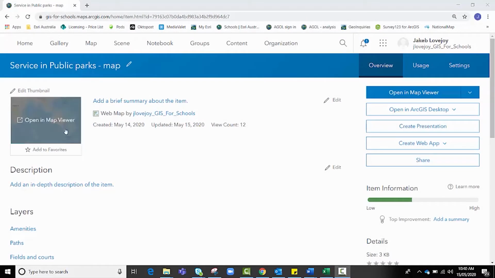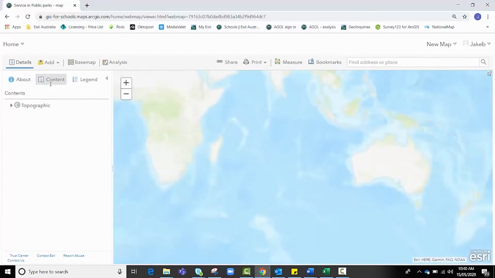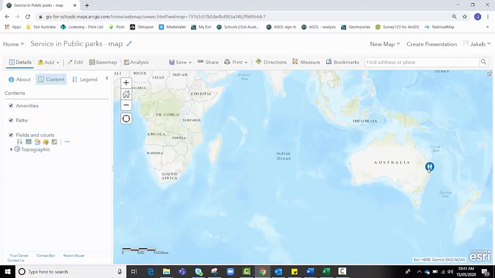From the Item page, we simply just want to open in Map Viewer, and it will take us to an ArcGIS Online map. And it might take a moment to load down the side in our Contents pane, but after a small amount of time, we will see our feature layers appear here. And there they are, and we can see them on the map here. And at the moment we can only see one because we're working at a very local scale. But if I was to go and visit that park, I know that it's in Cooperoo,